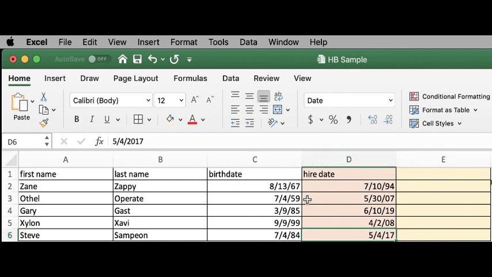What we want to find is the 90-day date from the hire date. So before we key in formulas, we will choose column E since it is currently empty and label it 90-day date. To start off, we can choose any record that we want. To make it easier for us, let's just start with Zane Zappi, whose hire date is